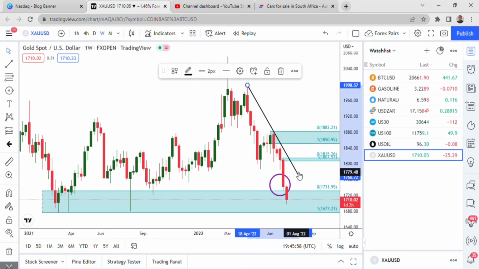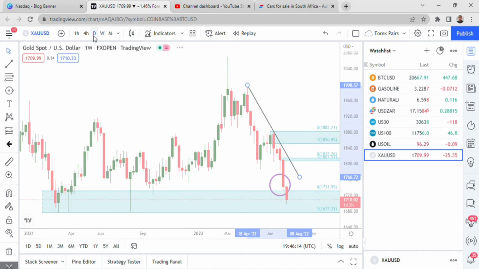We just wait for the price to break it, and then after breaking it, we can look for reasons to go long and target this guy here. But when it gets to it, we are out. We're just gonna watch how the price reacts to it. So we never predict how the price is gonna move.